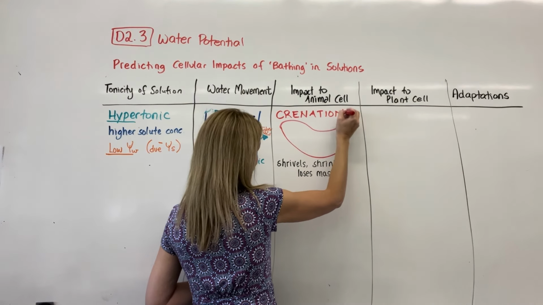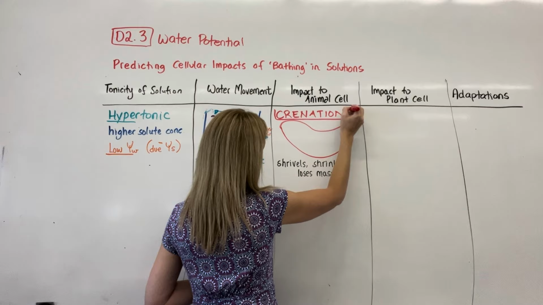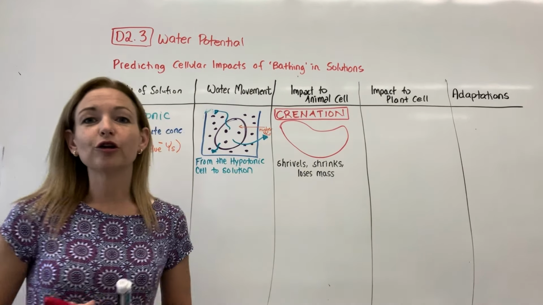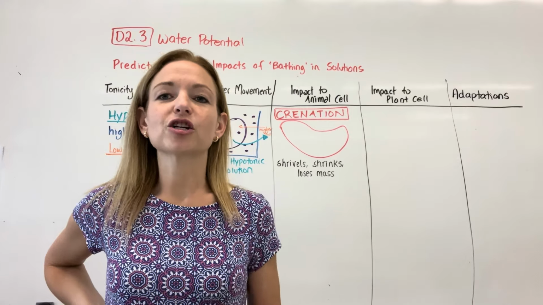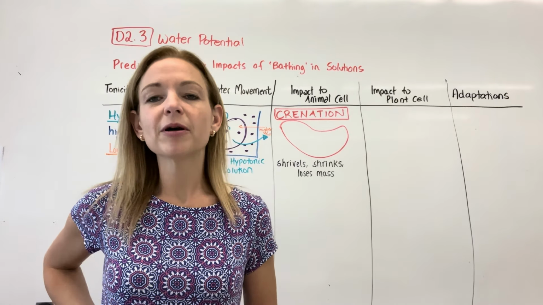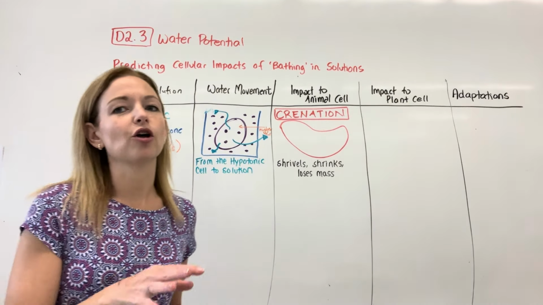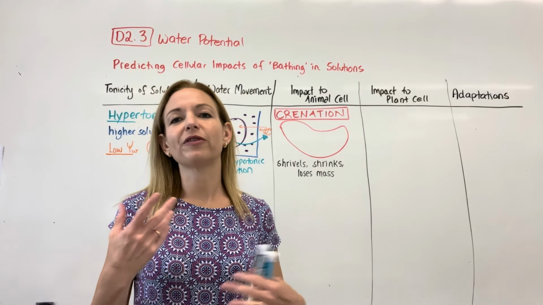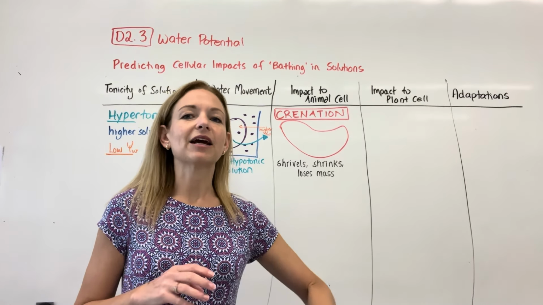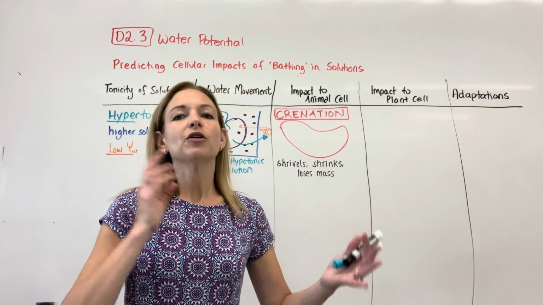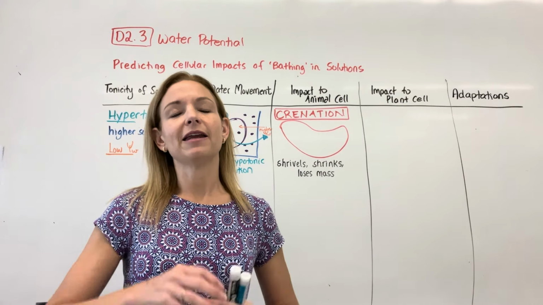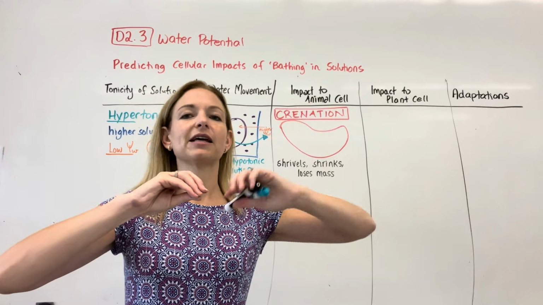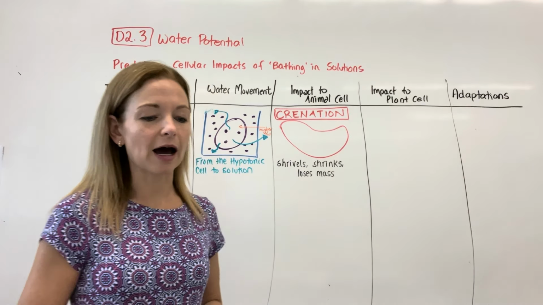And that's basically just going to keep happening until you reach a situation where it's lost enough water that the actual tonicity of the cell goes up. So until essentially the solute concentration equals that of the environment. So as it comes out, it's going to be actually giving solutes there. So eventually it should shrivel enough that it is now stronger inside. The outside is diluted from the water movement and it will stop.